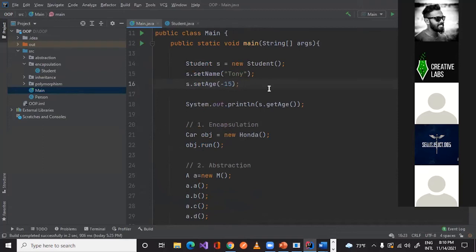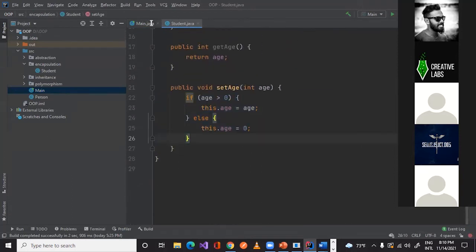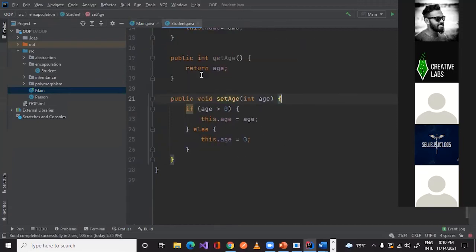So in this setAge function, we are wrapping the code and checking: if age is greater than 0 only, we assign the age, or else we simply set it as 0. So this is another kind of encapsulation.